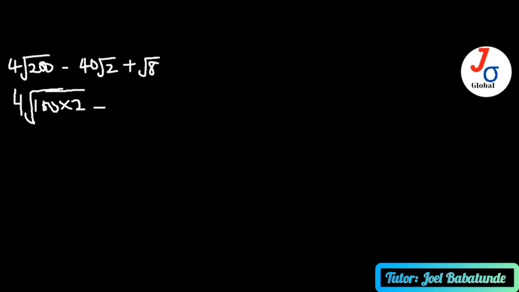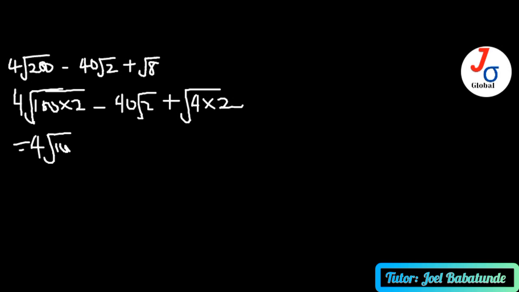Then minus 40 root 2, which is in basic form. Then 8 is going to be 4 times 2. Okay, and that's going to give us 4 root 100 multiplied by root 2 minus 40 root 2, then